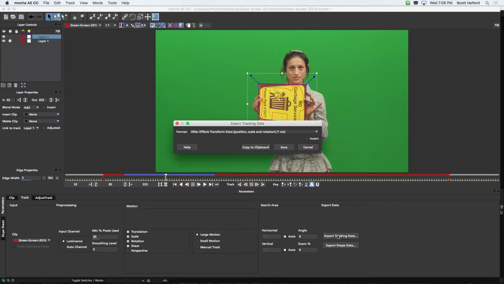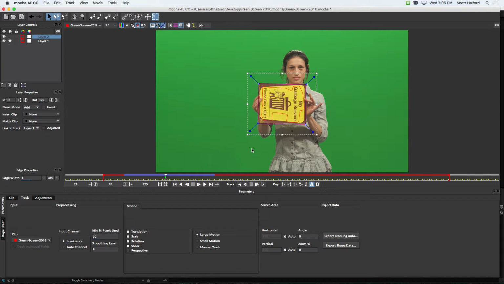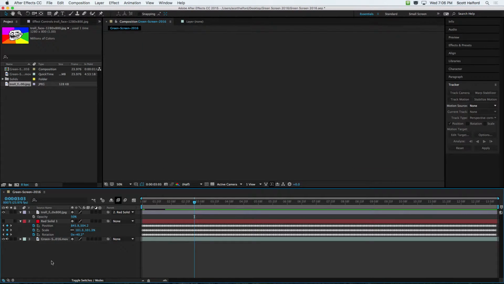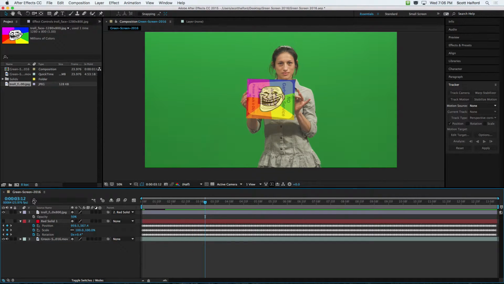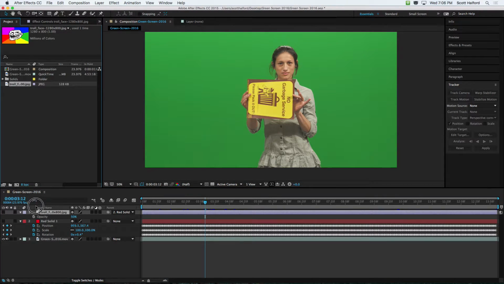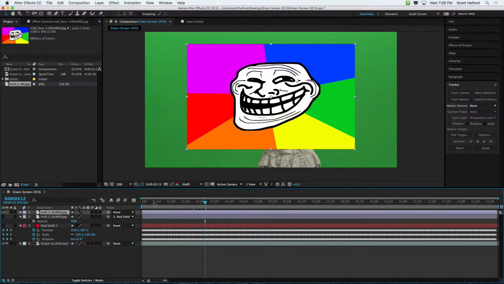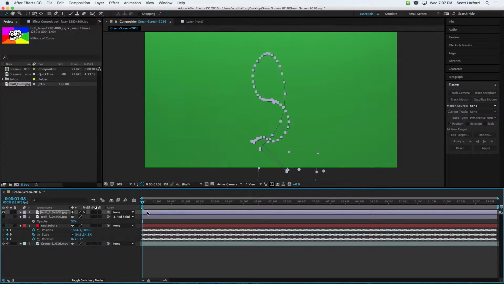So if I export tracking data with this layer 2 selected, and then select After Effects corner pin, let's do this one, After Effects corner pin, copy to clipboard. Then what I'm going to do right now is hide this version of the troll face, and put a second version down in the timeline. And I'm going to go to the beginning of the timeline and hit Command V, and it'll paste